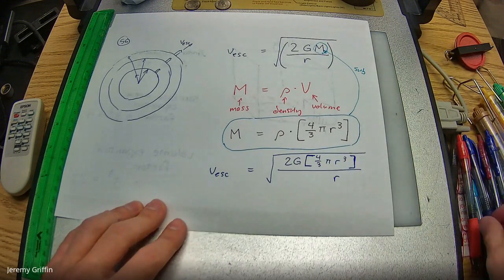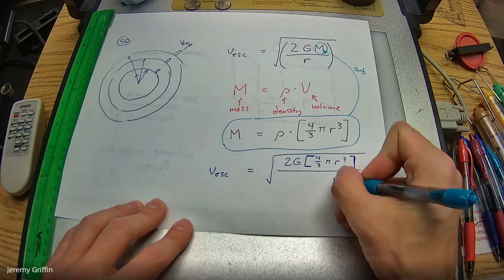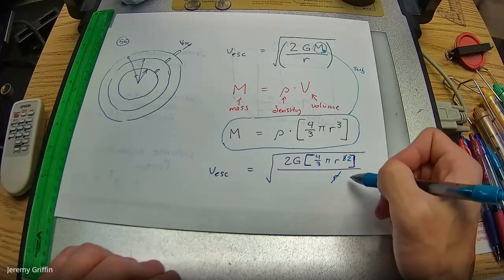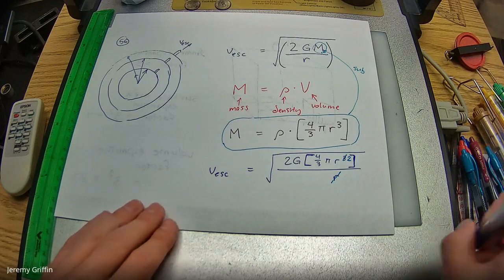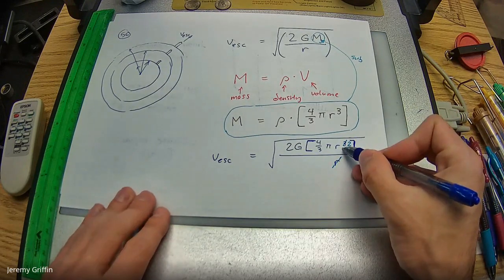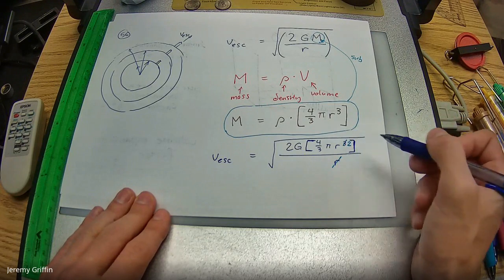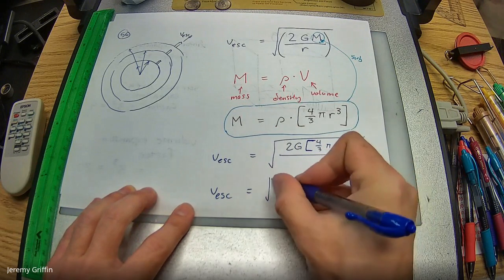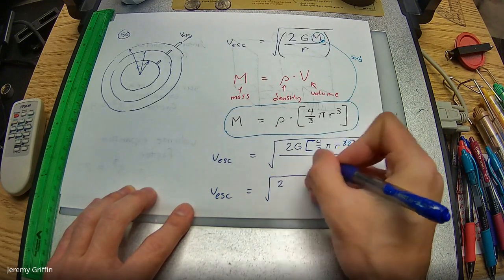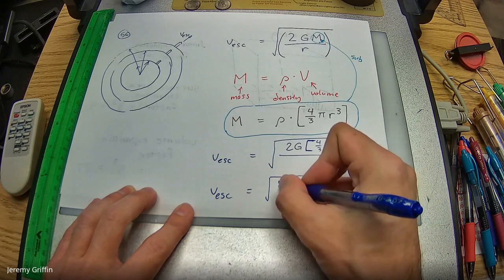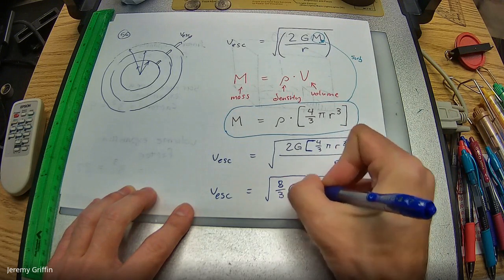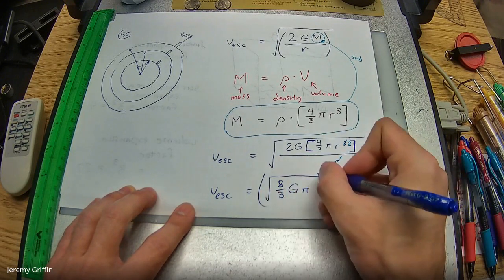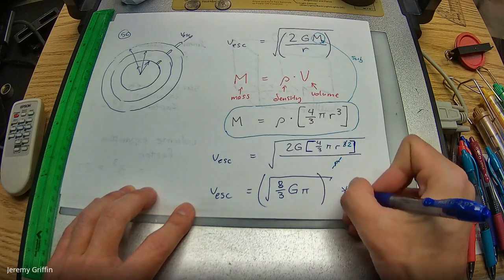Oh, hey, is one of those r's going to cancel? Yeah, so this one goes away entirely, and this one drops from 3 to 2 in the power. It's r times r times r on top and just an r on bottom, so one of those cancels. That leaves r squared inside the square root. Hey guys, what's the square root of r squared? That's just r. So escape speed is equal to this giant square root: 2 times 4/3 is 8/3, so 8/3, times G, times pi, all times, we're done square rooting, R.